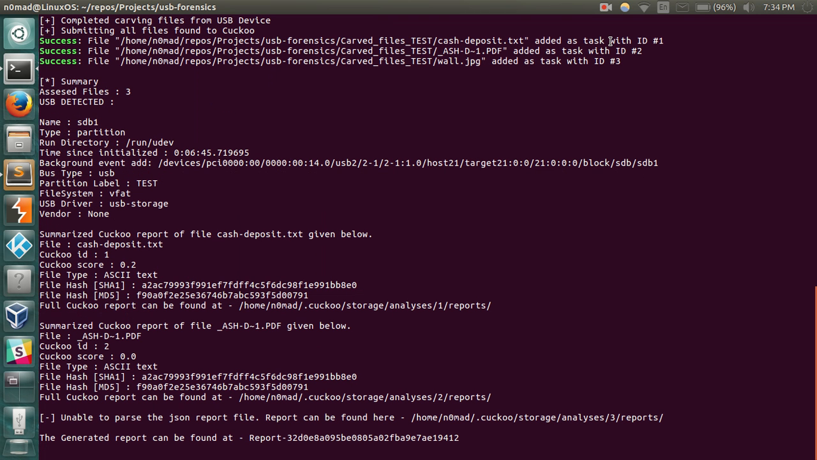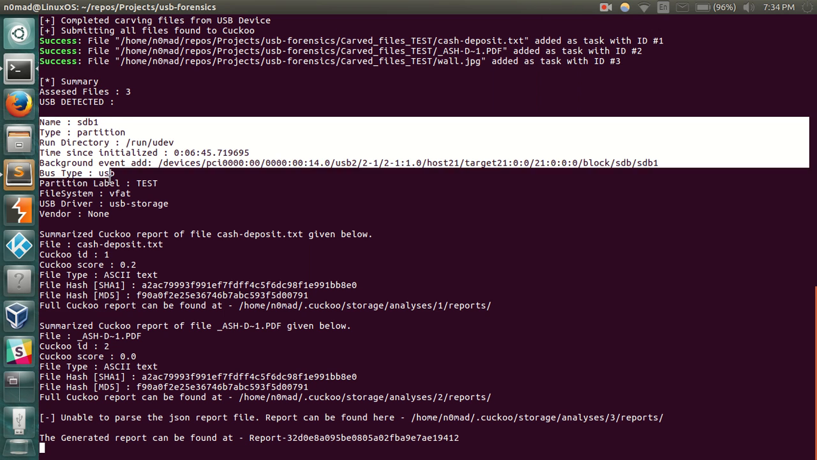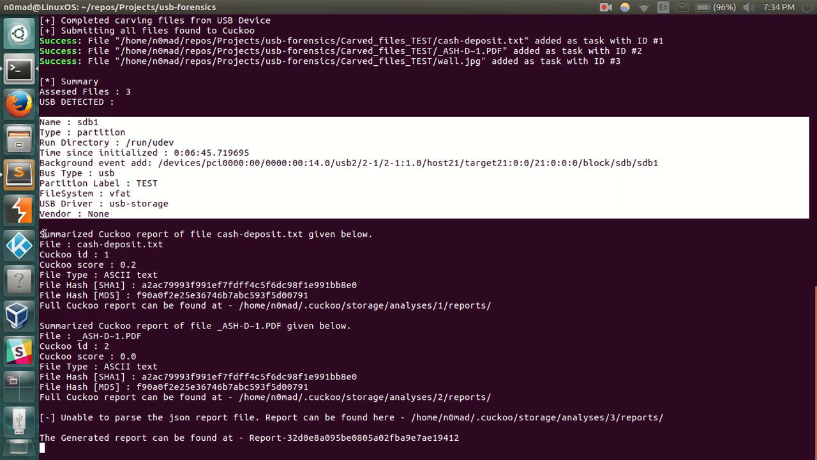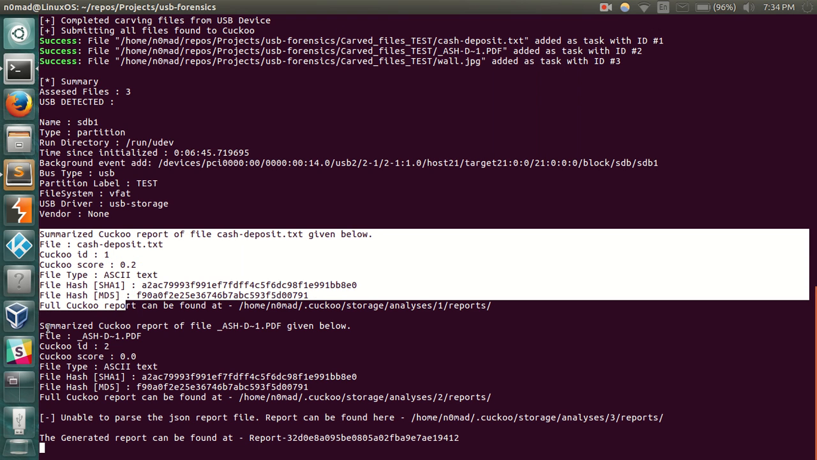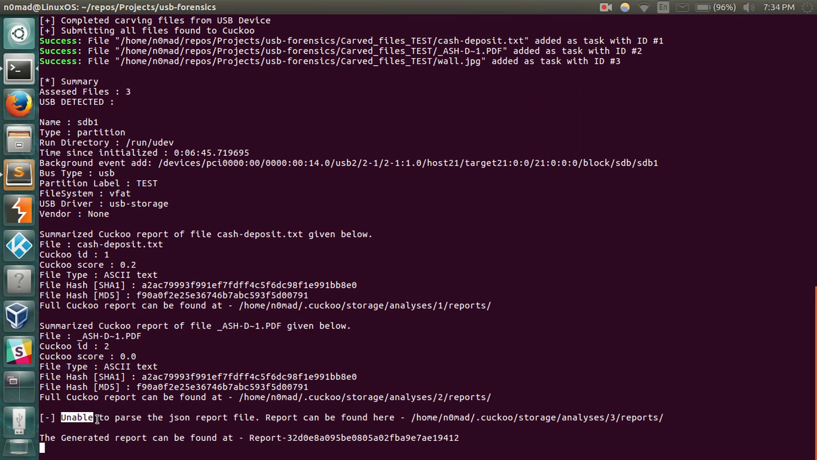As you can see, the tool is now completed. You get a small description of the USB device. You also get a summarized report of all the files submitted. Sometimes there are issues trying to parse the report, in which case it just prints the location of the actual report when there is data. And the complete report of what we found is